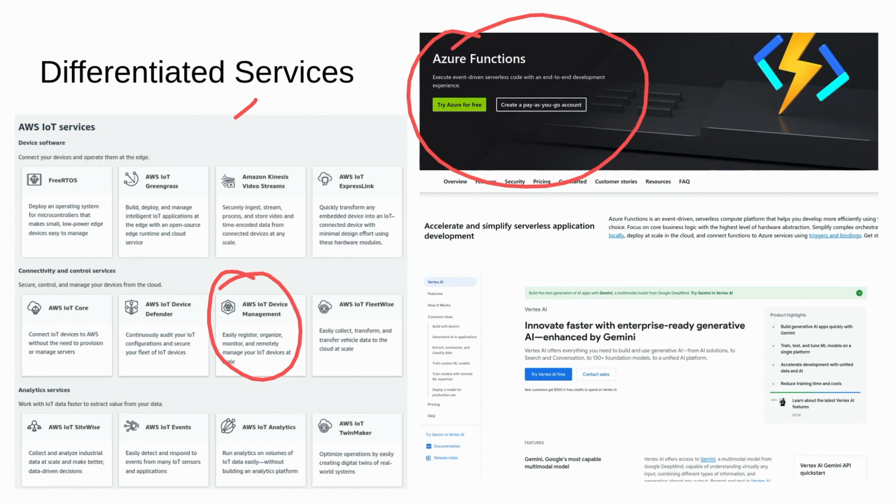Similarly, this is another example. I think you might all have heard of Gemini, essentially Google's answer to the ChatGPT movement. If you are interested in using Gemini, you have to go to Google Cloud. Where else will you go? That's the kind of added service that they're providing on top of Gemini. You have to take Google Cloud's offer.